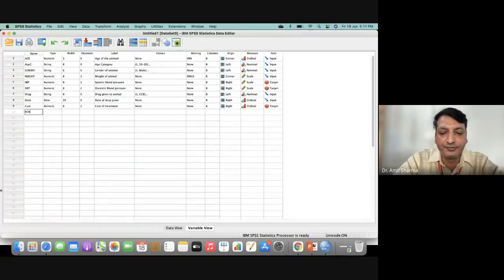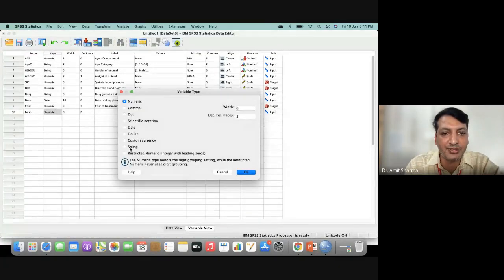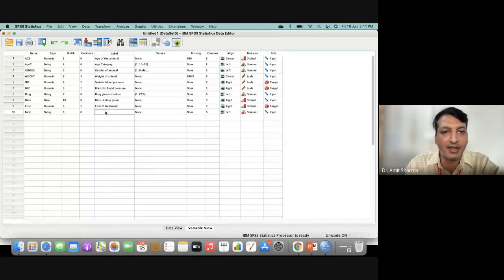Clear? It should not be more than 4, or just write formulation like this, and it will be your string variable, because category will be there. Okay, and here you can write formulation type.